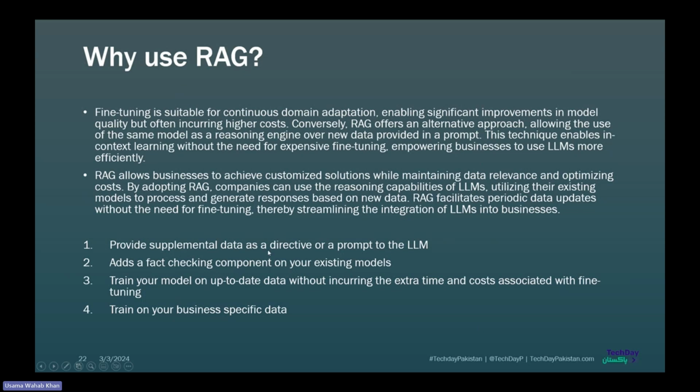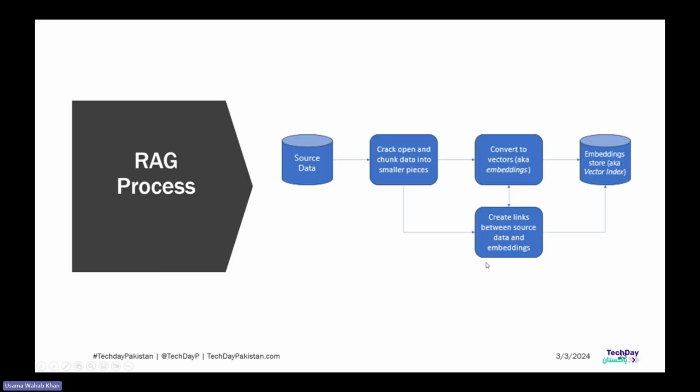So why use RAG? First of all, it provides supplemental data directly in the prompt. So it can help you inject new data that has been stored in your private repositories into the prompt. RAG allows businesses to achieve a customized solution with more accuracy and optimization by learning from their data, talking to your data, and also refining and optimizing the results of LLMs. It increases the efficiency and accuracy of results. In some cases, we use the RAG model to control hallucinations as well, or to stop them from doing things wrong.